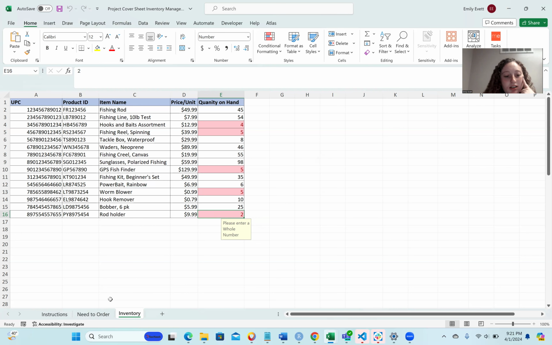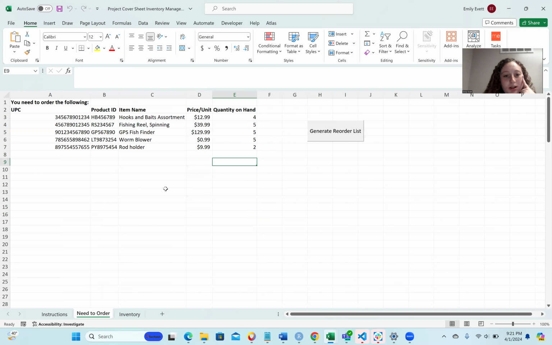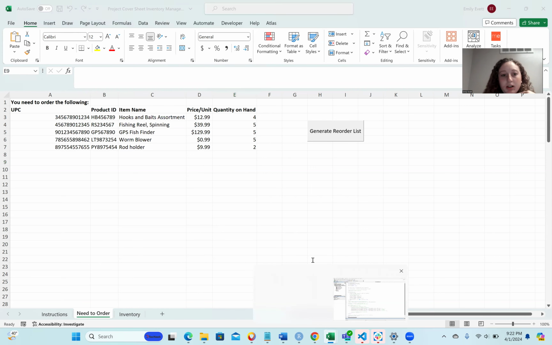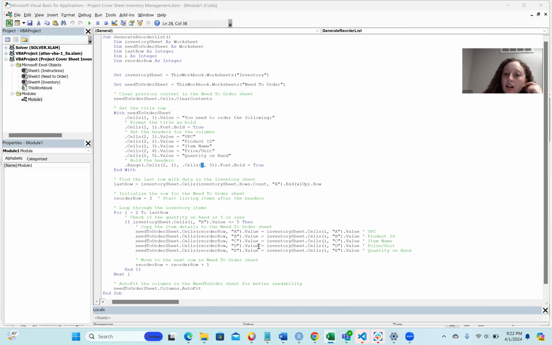And then on the needs to order tab, I used VBA to generate a list so that it takes from the inventory page all the things that have 5 or less items. So you have a quick list of the things I need to reorder. Here's the VBA working behind the scenes. Like I said, it basically just says what do we have that's 5 or less that we need to